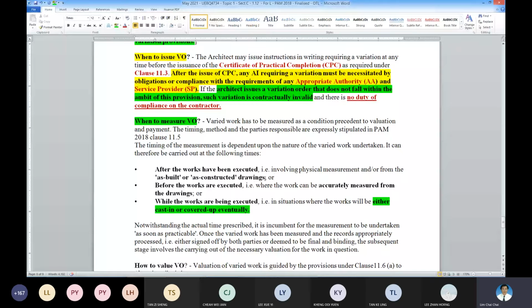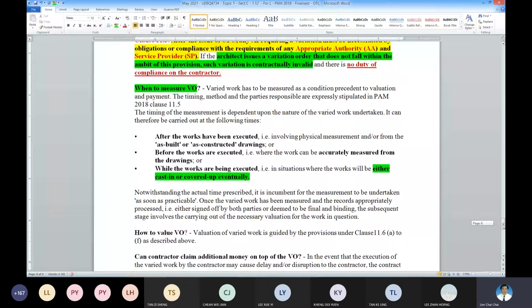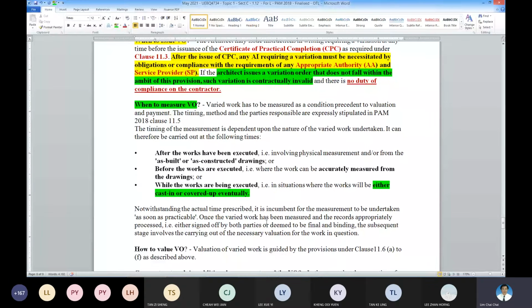So more often than not, you as a contractor, if it's a very major type of work where there are many months, then you take the measurement as the work in progress. And some of them, you may even know your figure if the drawings are clear. So the rule is to try to submit your claim contemporaneous with your work as soon as possible. When the works are ongoing, then you submit and do your measurement. Contemporaneous will be the keyword again.